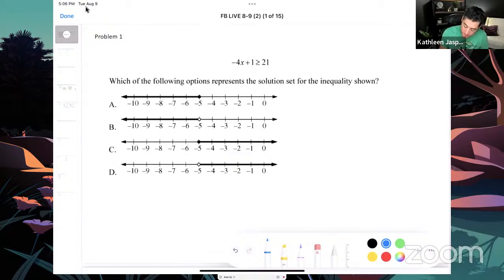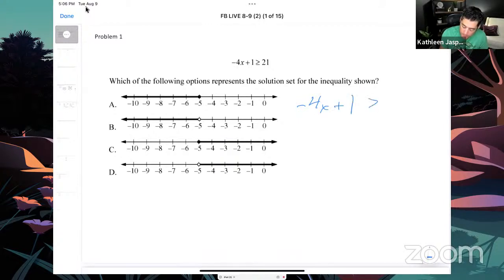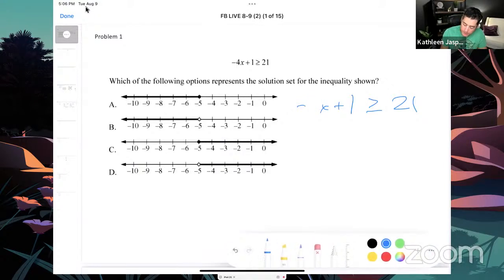So we need to go ahead and write it down. So I've got negative 4x plus 1 is less than or equal to